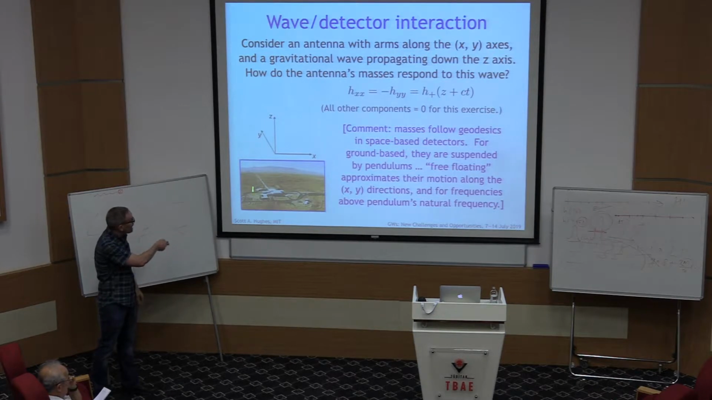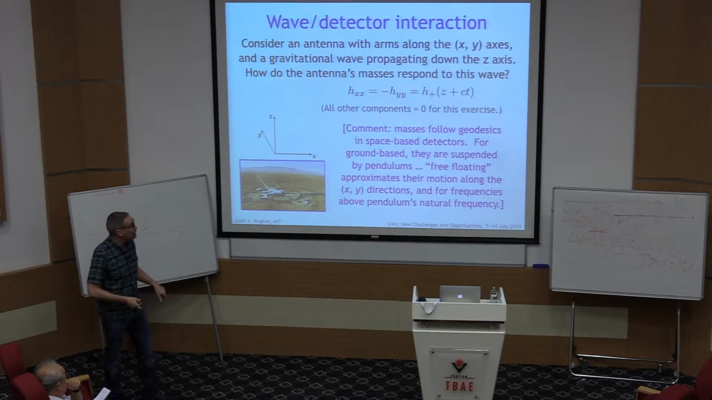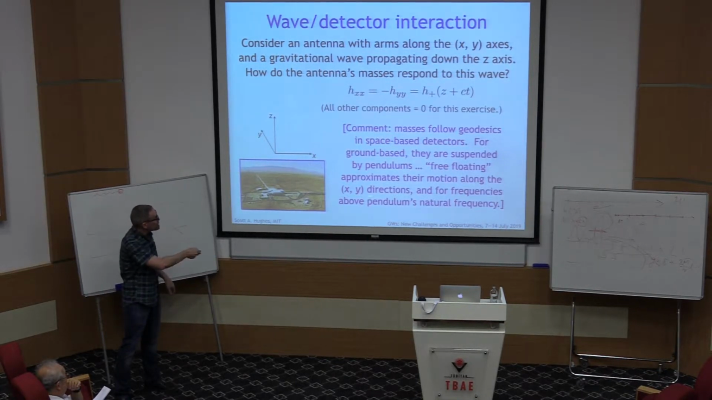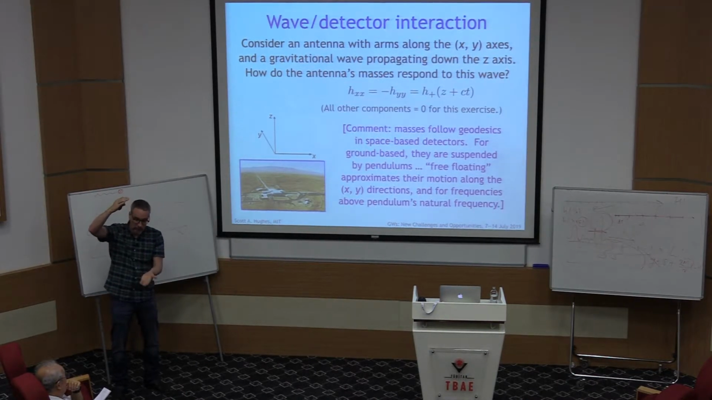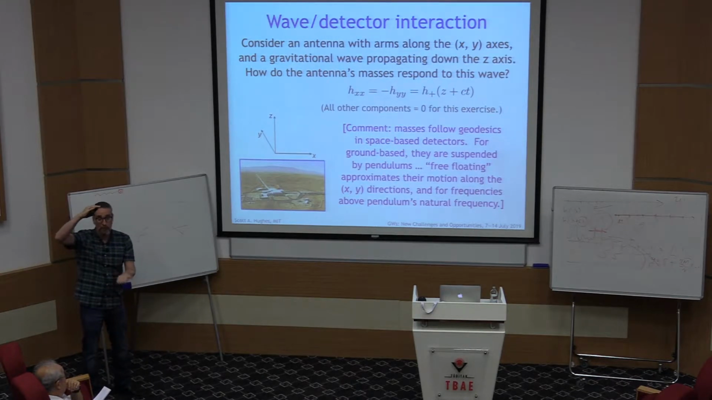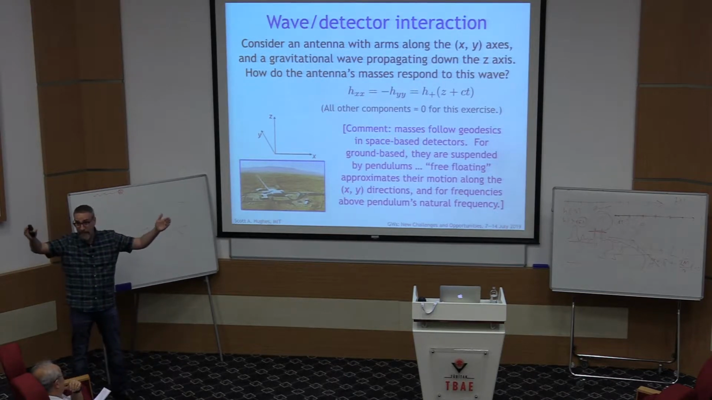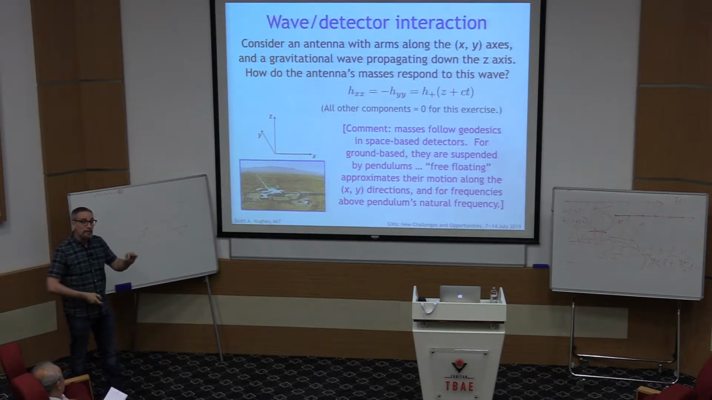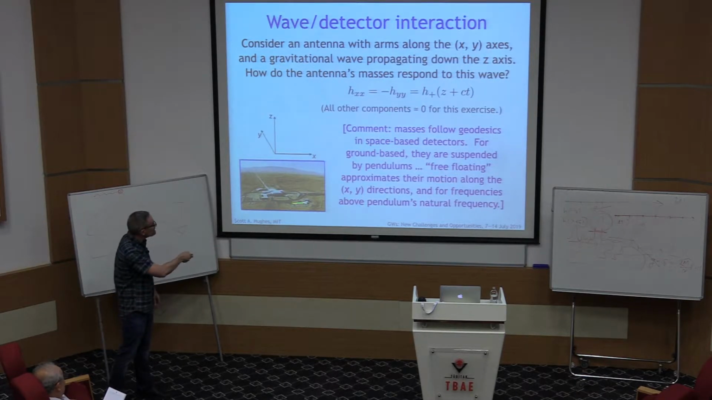In a detector like LIGO or Virgo, they are not freely floating, but they are effectively freely floating in directions orthogonal to the normal to the Earth. Okay? So obviously, you're suspending them. If they were freely falling, well, they would freely fall for about a 100th of a second, and then they would crash into the floor. But if they are hanging on well-designed pendula, we can treat them as following a geodesic of space-time in the directions